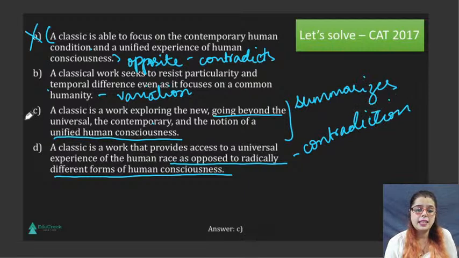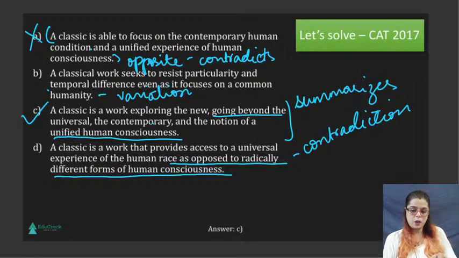So our correct answer is option C. Now this question, hands down, was, I'd say, one of the more difficult questions of CAT 2017. CAT 2017 as a paper is remembered for having a very difficult verbal section, right? And from there, this was a difficult question. I wanted to start with it because I wanted to give you a flavor that sometimes it can actually become